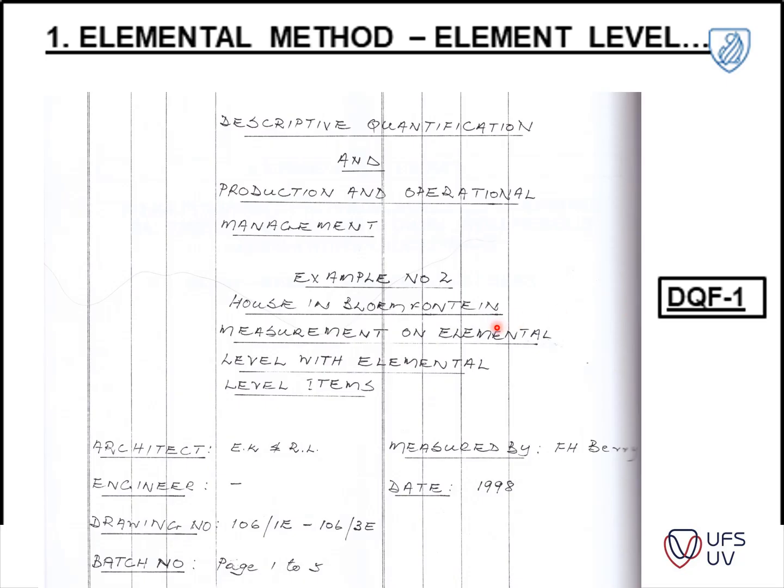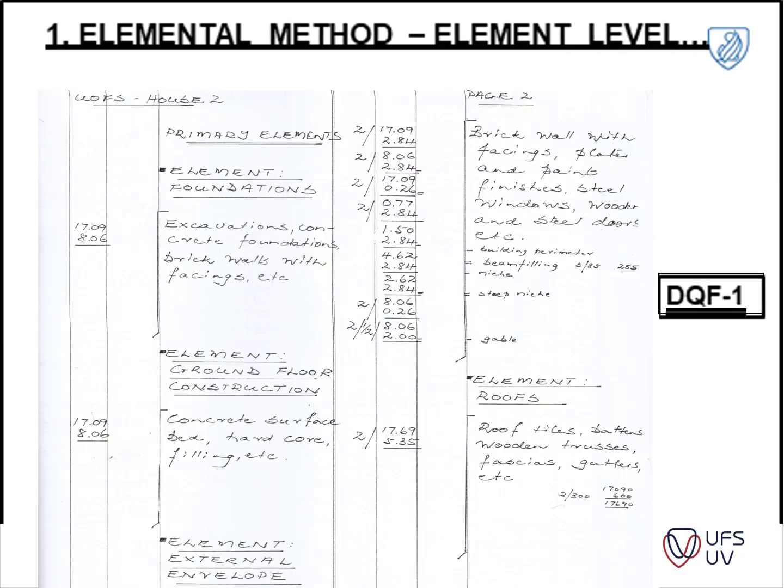So if you go through your example as per the study notes, you will see this example does pop up, but we'll still go through this in a bit more practical sense of it. But it is what you basically did in your first year, where you need to group your elements together. So your elemental element, your foundations, where you have your excavations, your ground floor construction, elemental external envelope, etc. So this is where your guide assists you greatly in developing those different headings and groups that you're going to